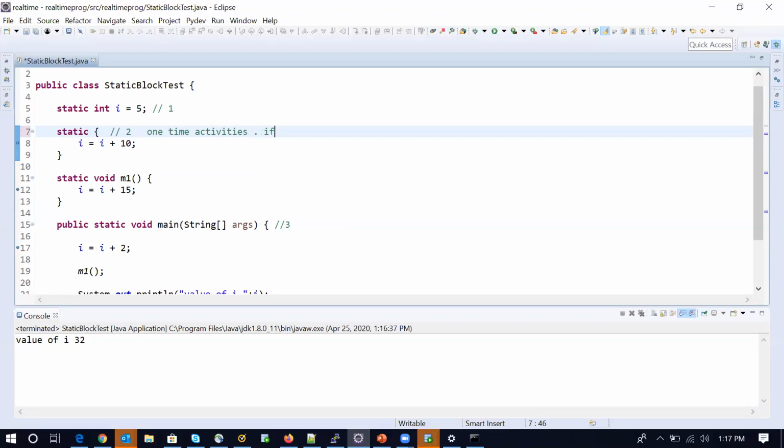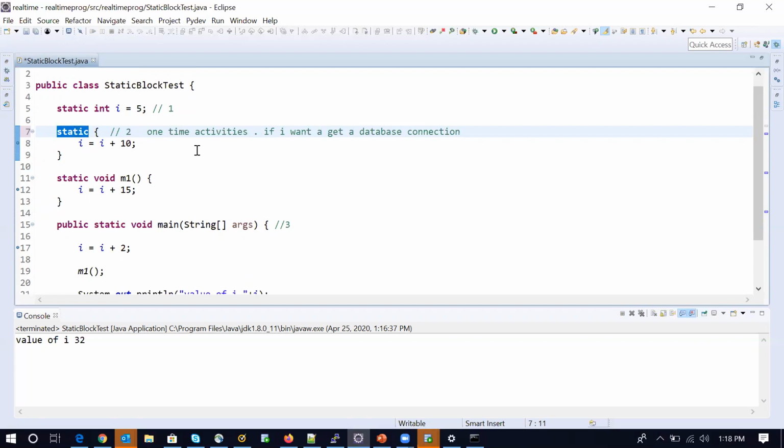For example, if I want to get a database connection, I want to get only one DB connection. So which is the right place to use? The static block is the right place, because the static block will get called only once during class loading time.